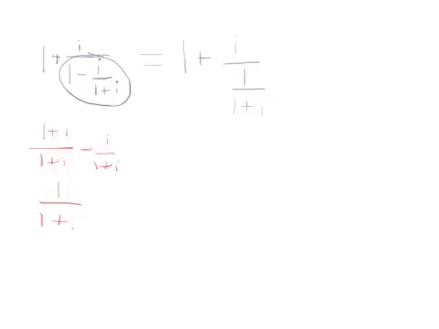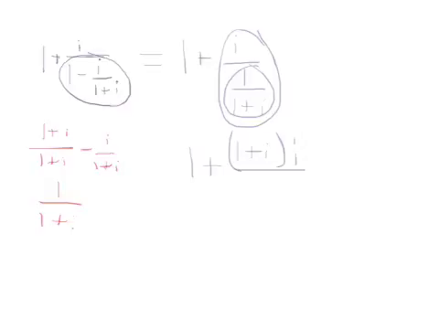So if I look now at this weird fraction over here, the 1 plus i over 1 over 1 plus i, what I do is I'm going to be multiplying by the reciprocal. So what I end up with is 1 plus, then when I flip this part right here, the 1 over the 1 plus i, I'm going to get 1 plus i will now be multiplied times the i in the numerator over 1. So now, if I look at the 1 plus i times i, what I have is 1